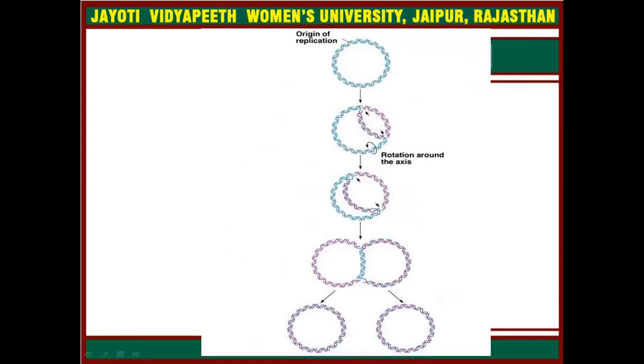Here is the circular DNA replication flowchart. This is circular DNA, the origin of replication, from where replication will start, and the replication fork will be created. In both directions new strands of DNA will be created, and at one point it creates a structure like theta. That's why we also call it theta replication. After the completion of replication, two circular DNA will be formed. Both are semi-conservative, meaning they have one old strand and one new strand.